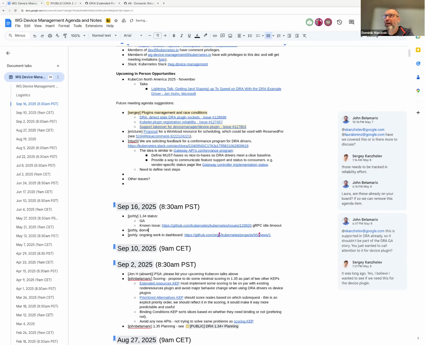Okay, yeah. There's too many names for different people. GitHub handle, Slack handle, real world handle, nickname. It's too much for my poor brain. And there is no way to match between the systems.